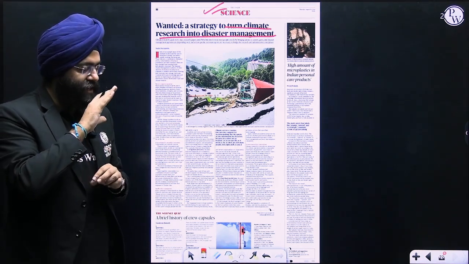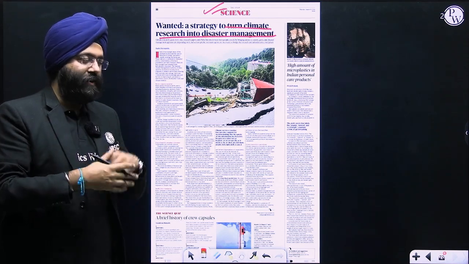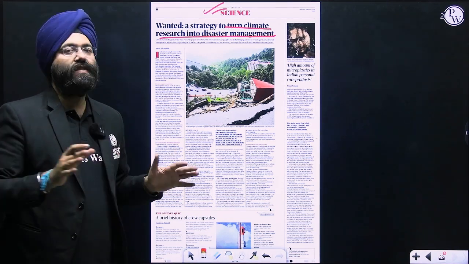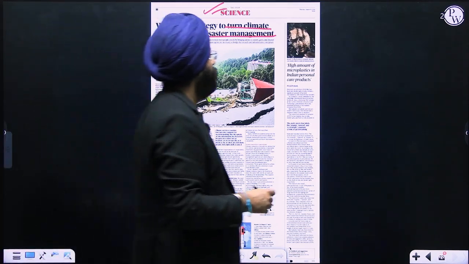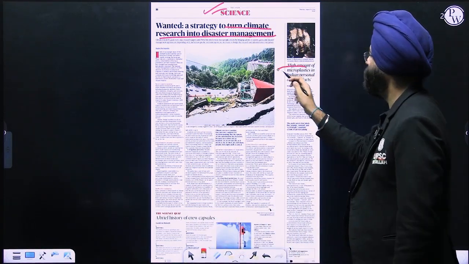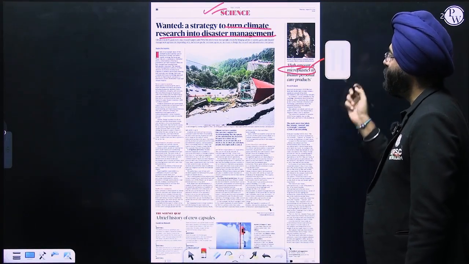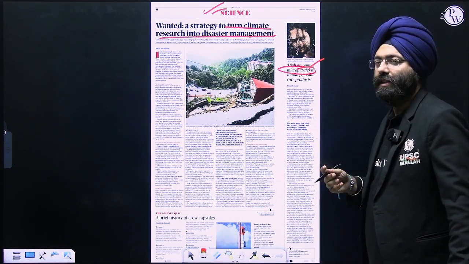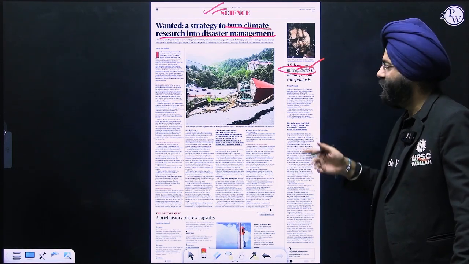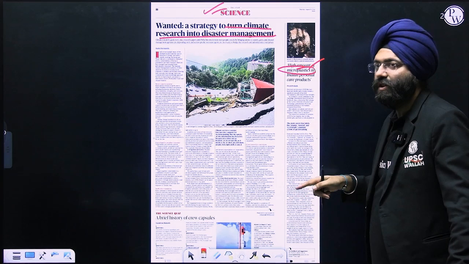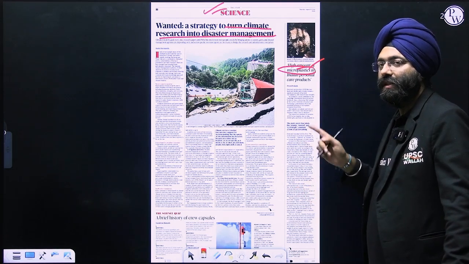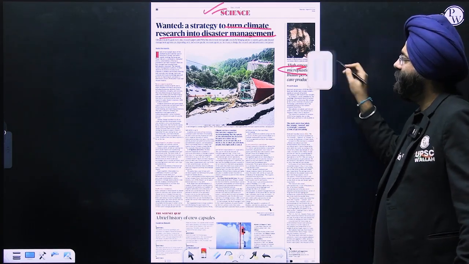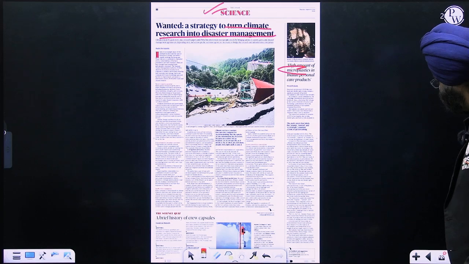This is something I initially also never agreed to, but when I started doing it myself, it was very, very clear. Okay. Now this is, let us say, microplastics. Now you need to know what microplastic is. This is repeatedly mentioned in the science section of the monthly magazines also, but when it is mentioned, search what microplastic is. This is very important. So these are certain things that you need to do, right?